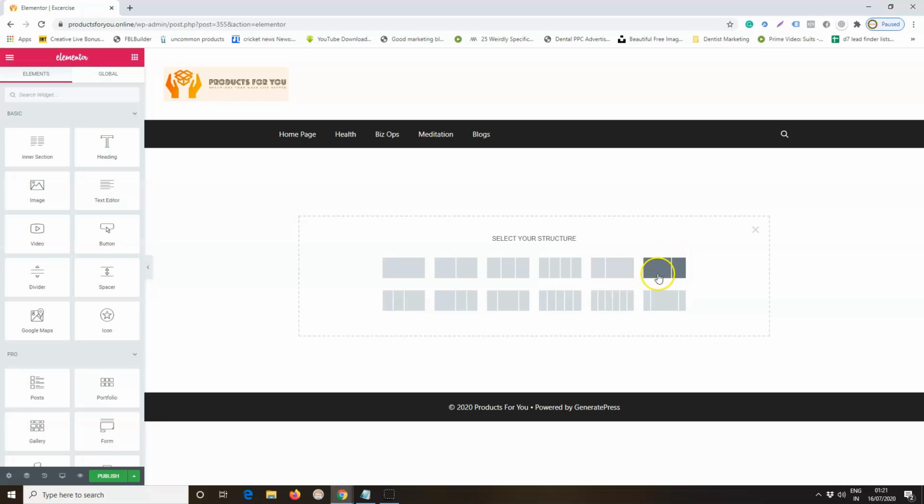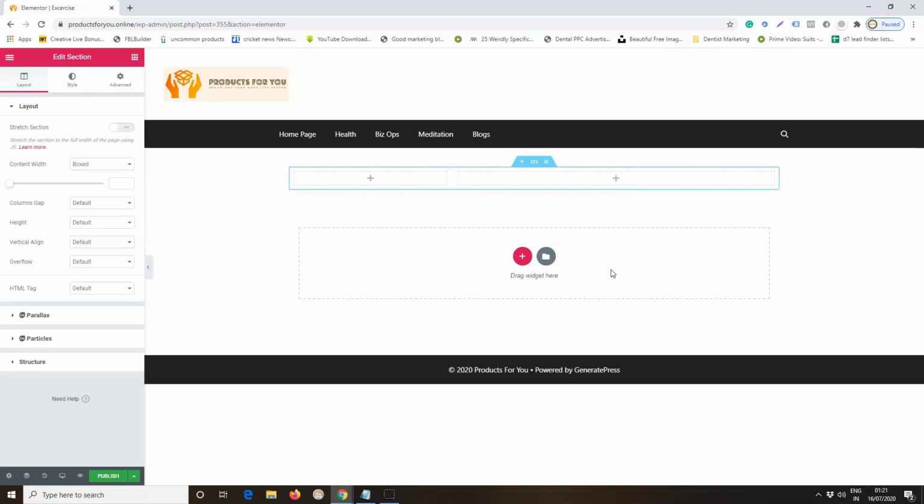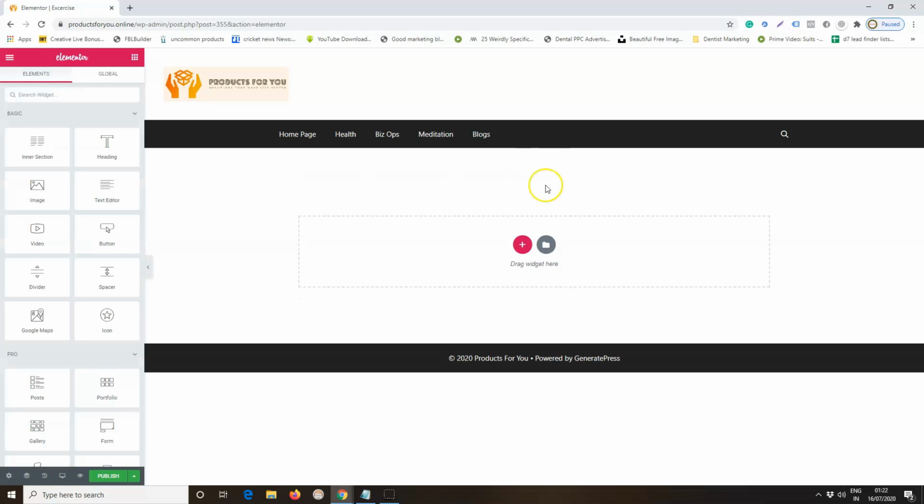These are uneven columns of the screen. If you add this particular layout, your screen will look like this. You can add, say, text here and an image here, and it will show the image in the bigger size and the text in the smaller size. I'm not going to do this right away. I will show that towards the last portion of this video. So just deleting that.